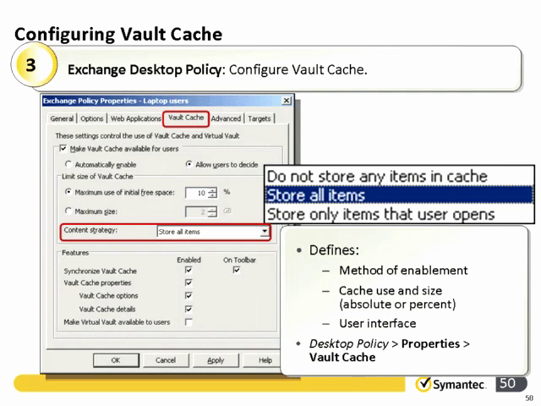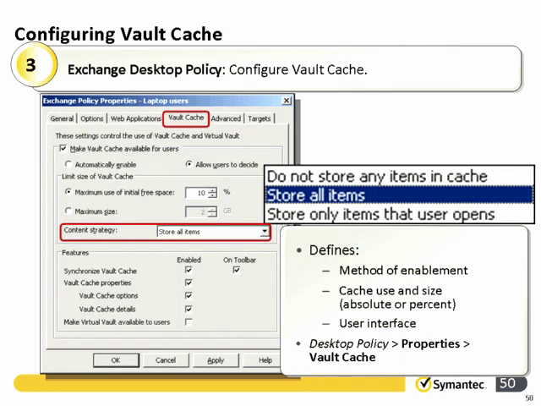And again, as a reminder, even though you select the option to store all items, based upon the server-side cache, based upon the client-side cache size, based upon your content strategy, you may not actually see everything in the content cache, but you're saying that you want it to try to put everything in there if at all possible. And then you also have the option of storing only the items that that particular user opens. And again, that would be the items that would be added to that download list that we talked about earlier